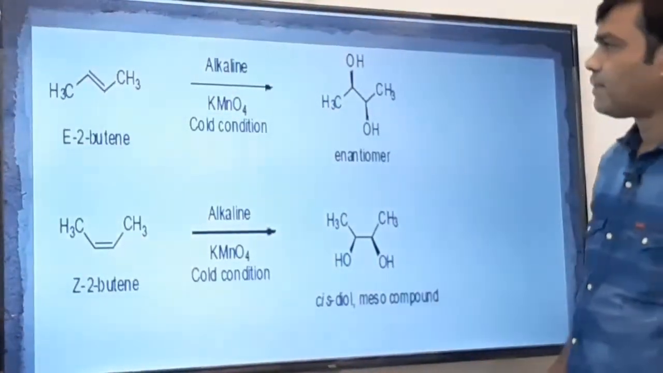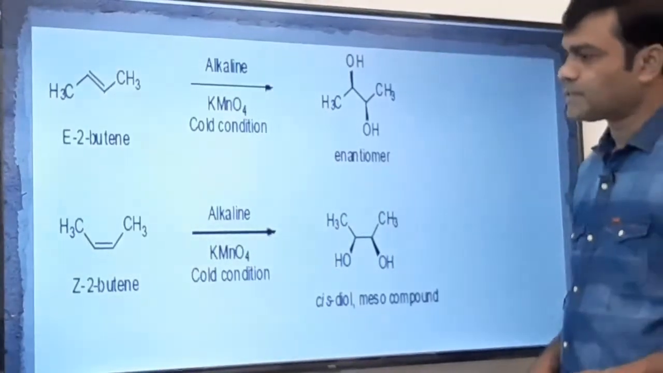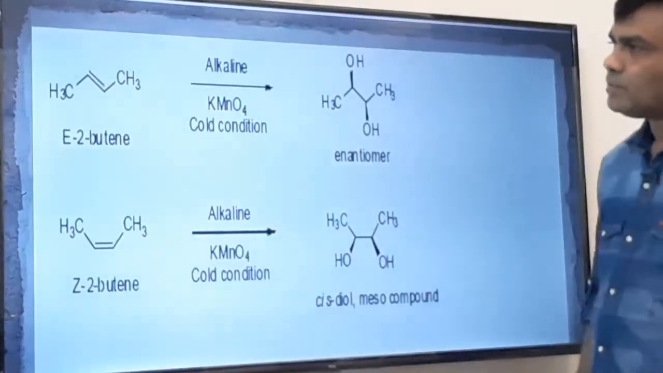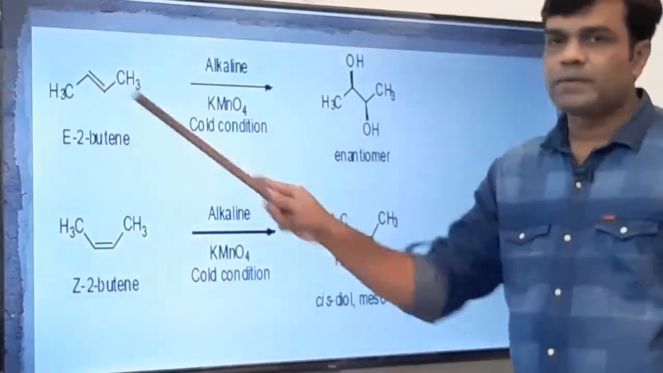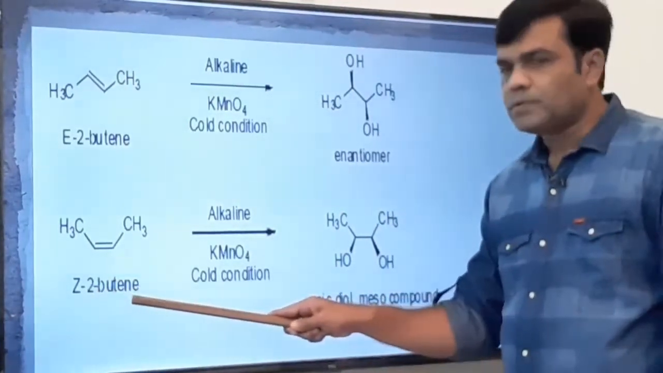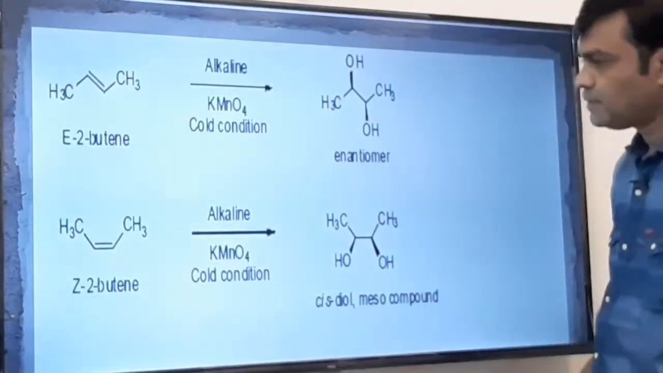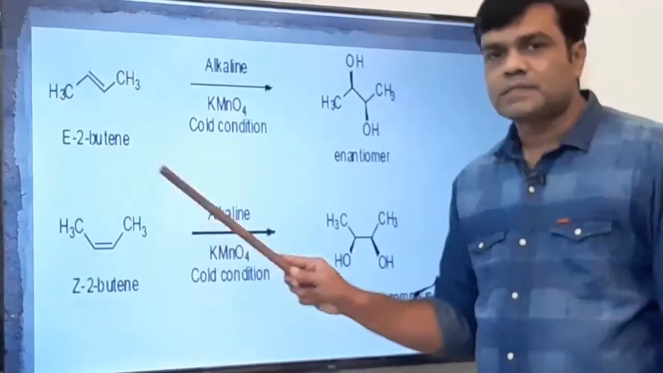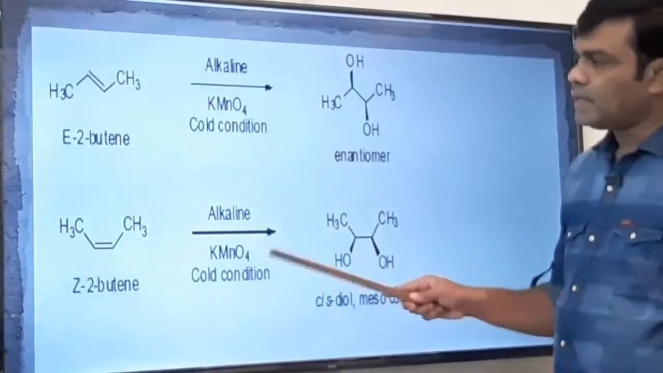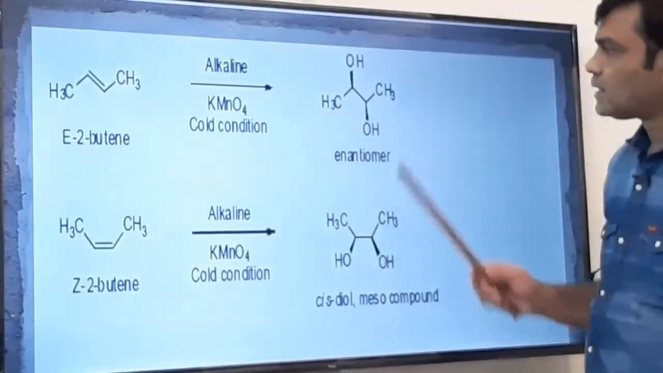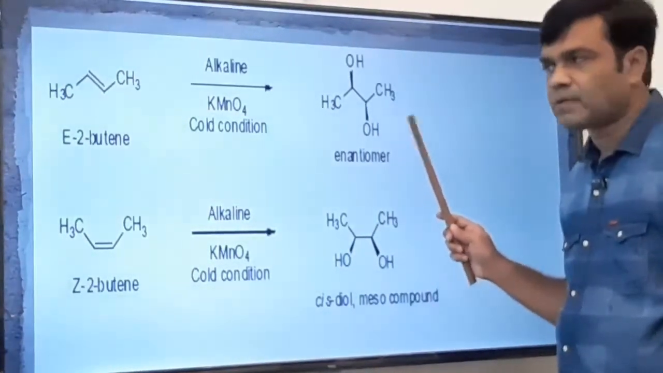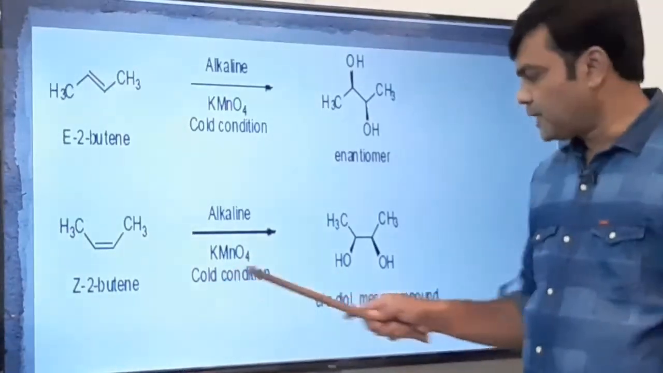See some examples of diol formation where the stereochemistry is also involved. This is E 2-butene, meaning the 2 methyl groups are at anti-position with respect to each other across the carbon-carbon double bond. And this is Z 2-butene, these are geometrical isomers of each other, you know. Here the 2 methyl groups are on the same side, here the 2 methyl groups are opposite across the carbon-carbon double bond. In alkaline KMnO4, in cold condition, diol formation takes place. Here we get enantiomers, a pair of enantiomers is obtained, while here we get only one product,